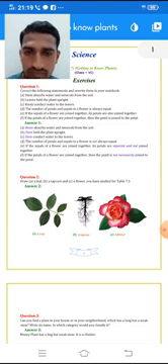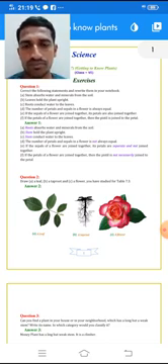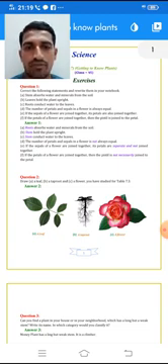Let's go for question number 2. Draw a leaf, a taproot and a flower that you have studied in the lesson. Already the picture is displayed here. You can draw your own leaf and label all its parts: petiole, midrib, veins, veinlets, and leaf lamina. Draw a taproot and mention the main root and the lateral roots. And draw a flower and label its parts.